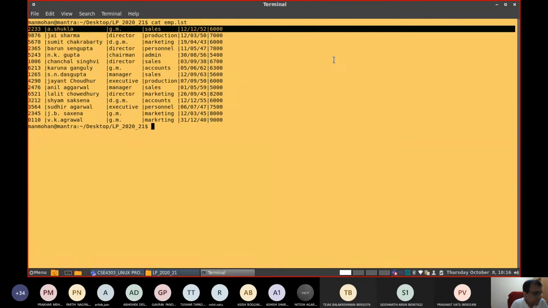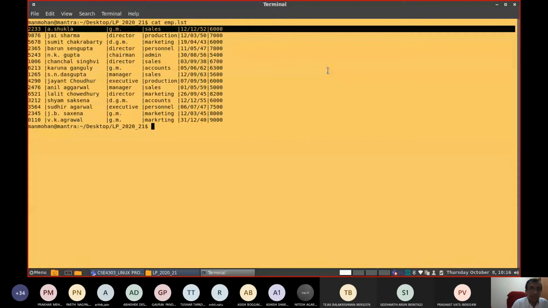Since these parameters also have a special meaning to the shell, single quoting an AWK program protects them from interpretation by the shell. Because this $0, $1, $3, etc. has a special meaning in shell also, we need to write these within the single quote. That is better to avoid any confusions.